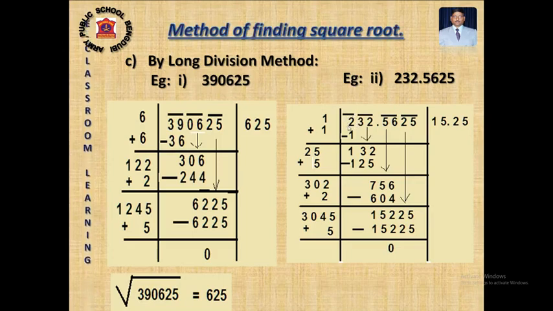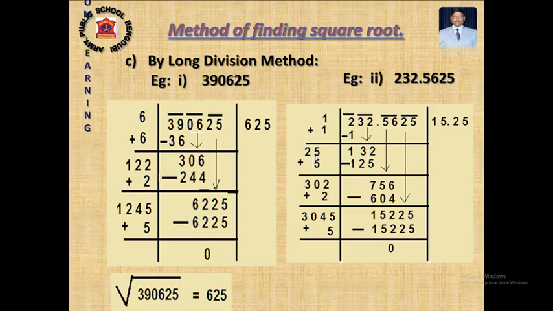Now you have only one number under the first bar, on your left hand side. Which number when multiplied comes to 2 or very close to 2? Definitely 1, 1 times 1. After subtracting I am getting 1 only. Bring down the next pair of numbers, 32, like the others. So what is the double of 1? 2. You have to imagine there is a 0, that is 20.